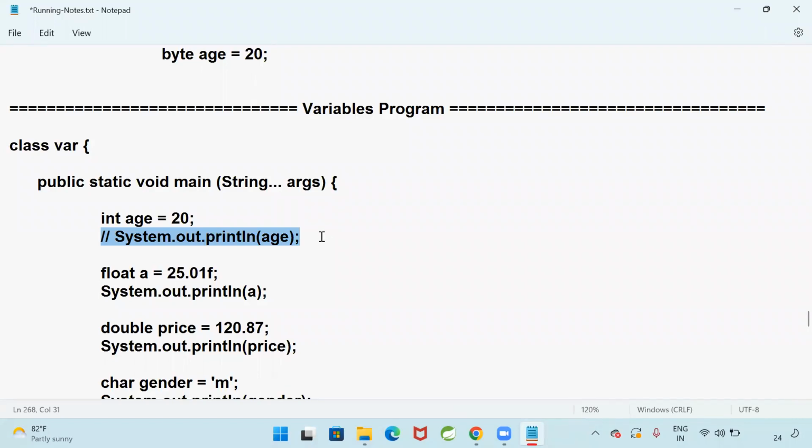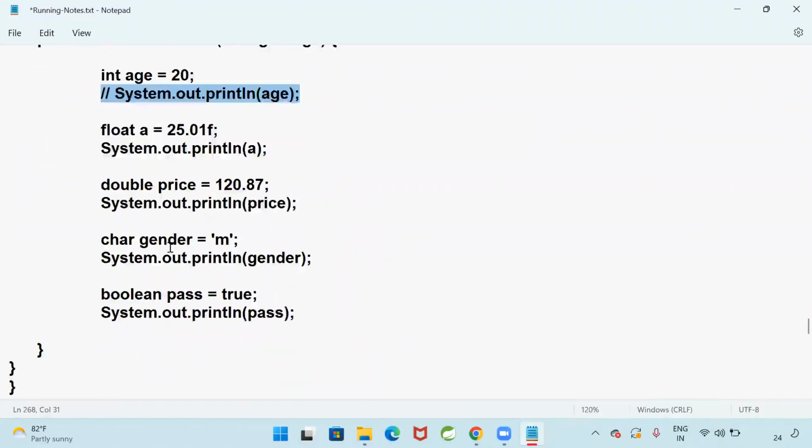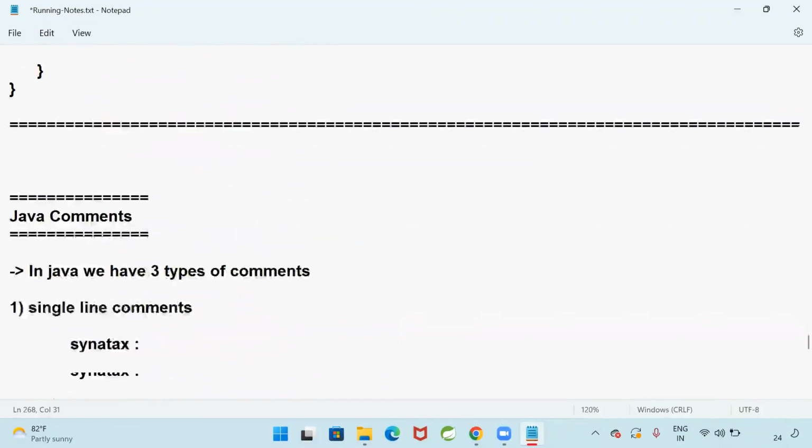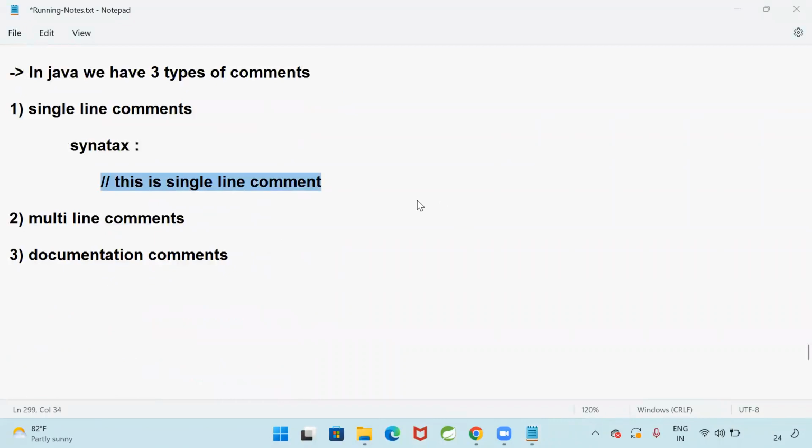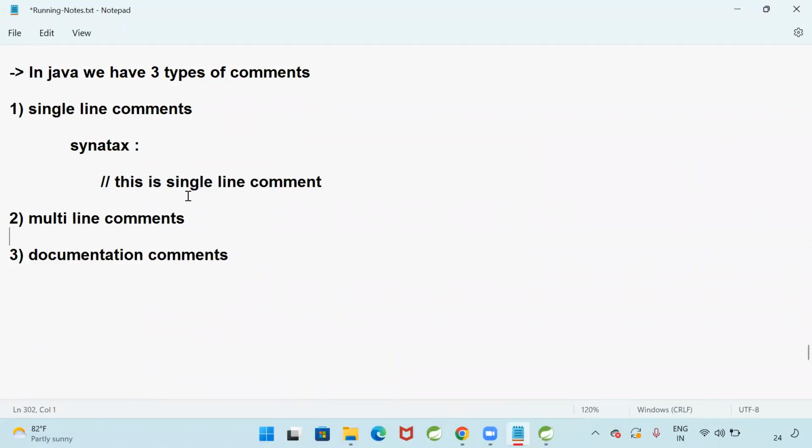Right. So what is the purpose of a single line comment? A single line comment is used to ignore the line in compilation and execution. Commented code will be removed by the Java compiler at the time of compilation, so it will not be available in the .class file. If it is not available in the .class file, then execution will not happen for that line.